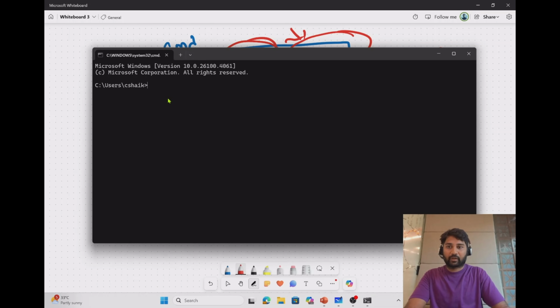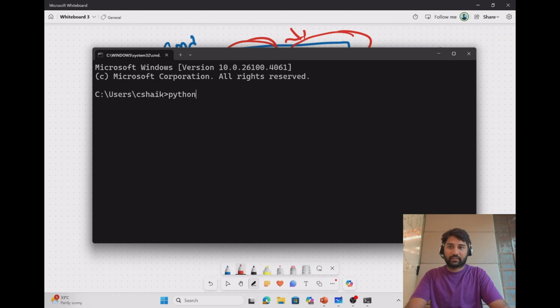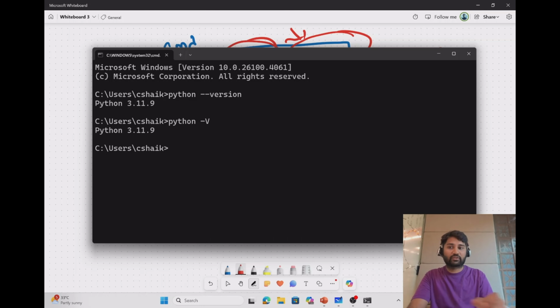For example, if this is confusing, let me open a command prompt, cmd. Now in this command prompt, let me type python space hyphen hyphen version. So hyphen hyphen version is an option on top of the python command. The moment I use that option, it will give me the Python version. Similar to that, I can also use python space single hyphen then v. Even this command gives us the same version. The difference is